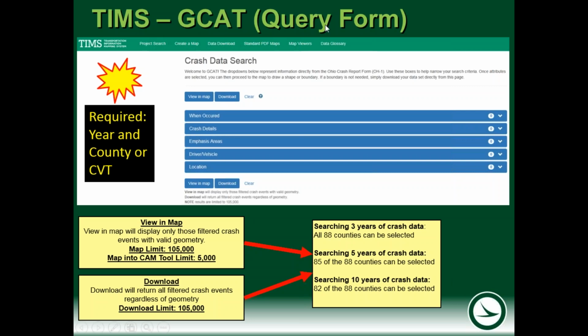But we also added this other button over here, which is just the download button. If a local jurisdiction comes in here and they just want all crashes for their county for a certain year, or if a township comes in and they just want all crashes for their township for a certain year, they could just come into the query form, select the year, select their township, and then hit download,